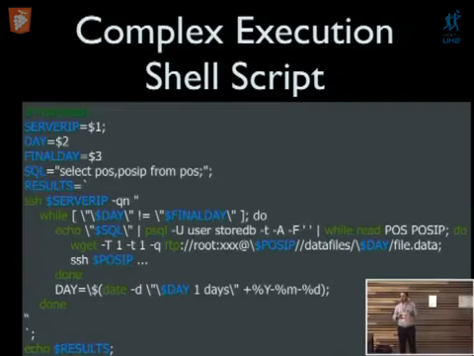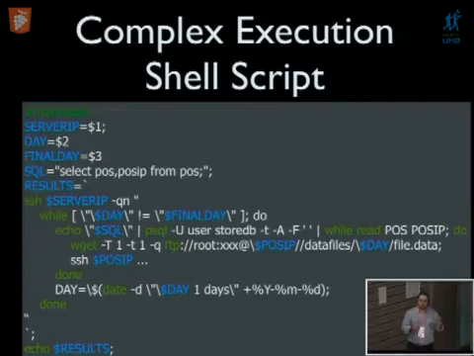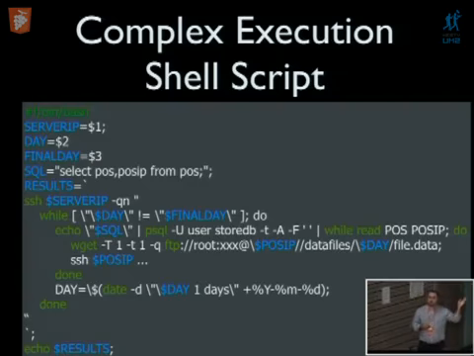This is a more complex execution, as we will see in the examples ahead. We make a secure connection to the server. Inside the server, we retrieve all the POS information. That's why you can see select POS from POS. Only the server knows this.